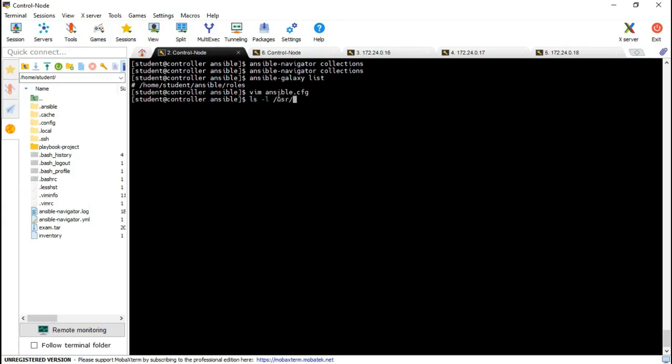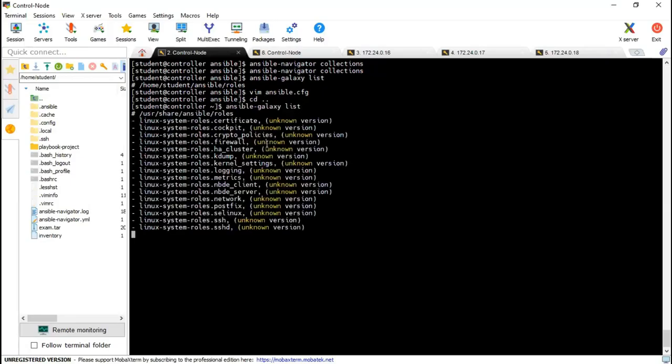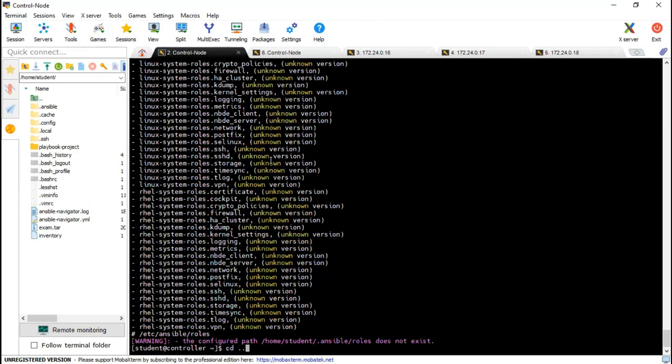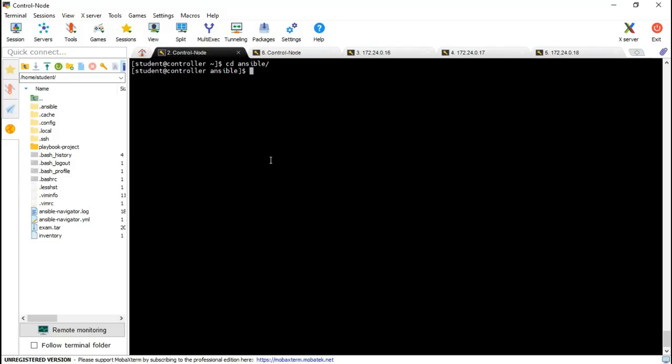that is, ls, I think usr/local/ansible, is it? No, I forgot that. What if I forget that? No problem. Just come one step back and run this ansible-galaxy list, and it will give you the path. Right? So again, come to our folder, cd ansible, because our ansible.cfg exists in the current folder.